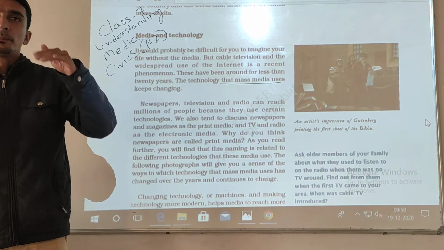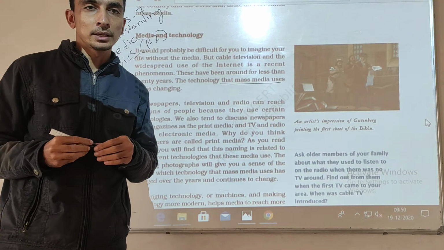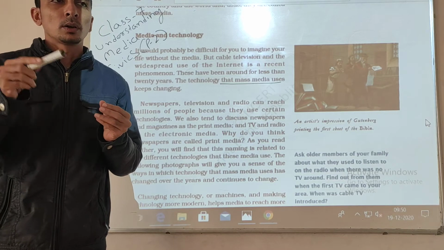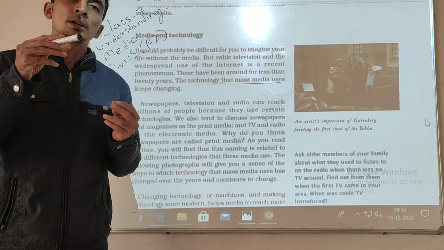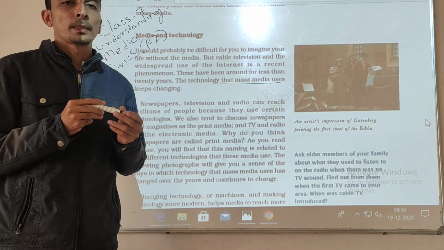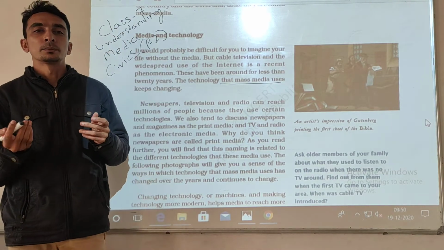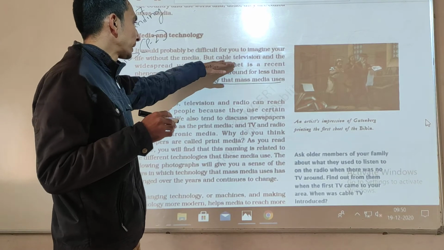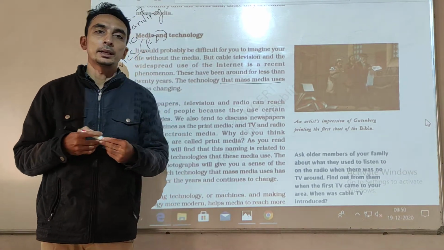Newspaper was a medium of mass communication. Even these days, newspaper is not discontinued. Newspaper is continuing, but with the use of internet and cable television,